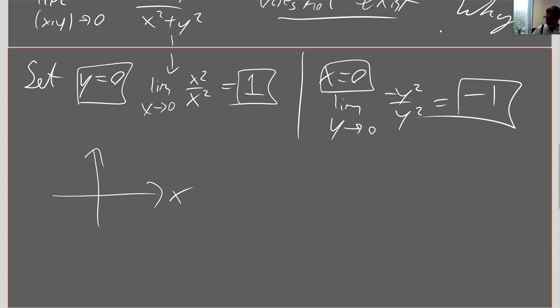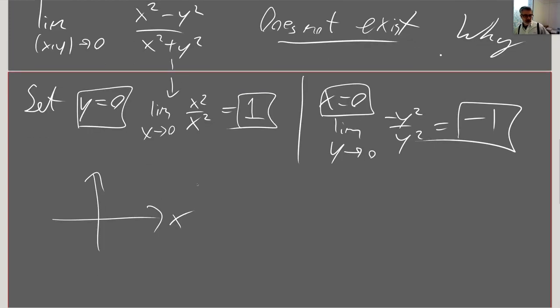And this function is going to take all different kinds of values. But the issue is when we're traveling here, we get one value. We're traveling here, approaching here, we get a different value. And we can try other things too. We could say,